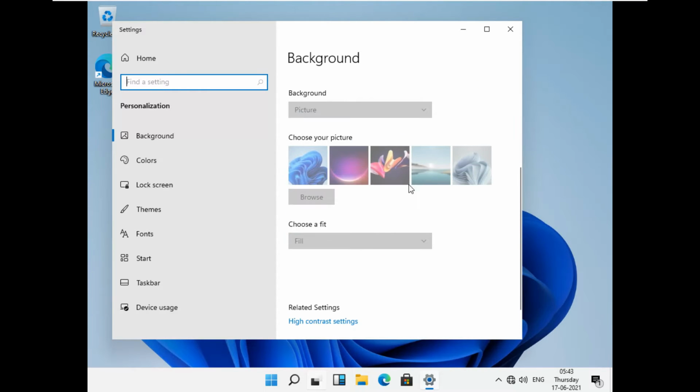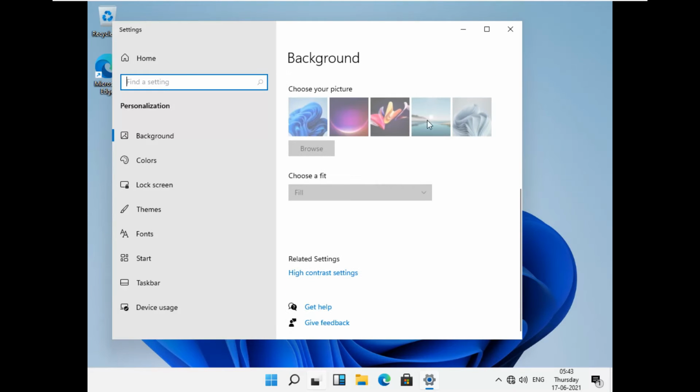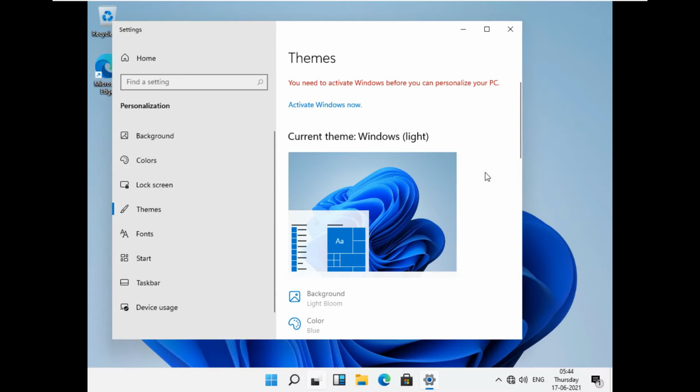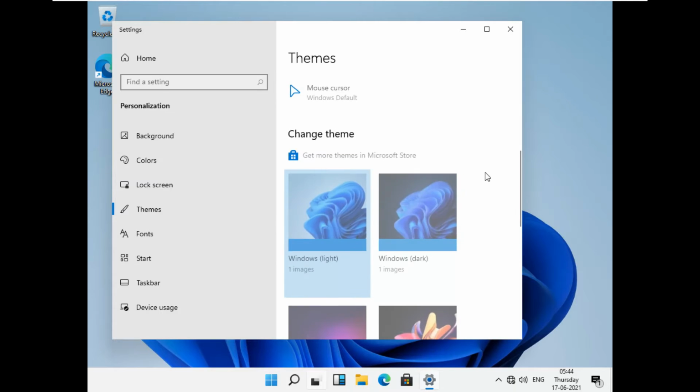I cannot change them right now because I haven't activated Windows 11 because I don't have the key, but you can see the new wallpapers. On the left hand side, if you just click on themes, you can find the new themes also.